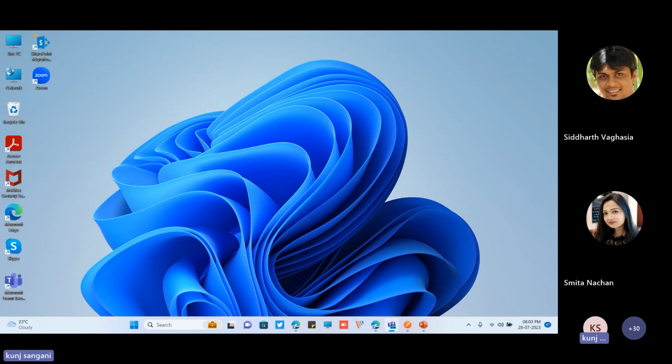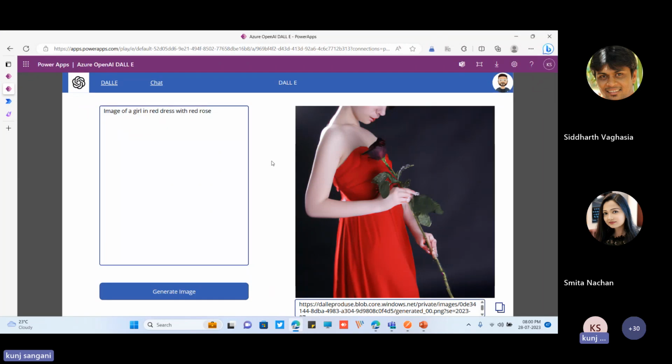I'll share a poll, and I just want to see what you want to get generated from this DALL-E model. Till now we have not talked about the DALL-E model. What it does is it creates images based on the text you provide, and we have leveraged this in Power Apps. First we'll go through the demo, and then we'll see how we can create a custom connector. If someone wants to see something, just type it out